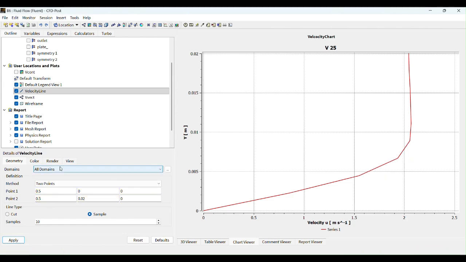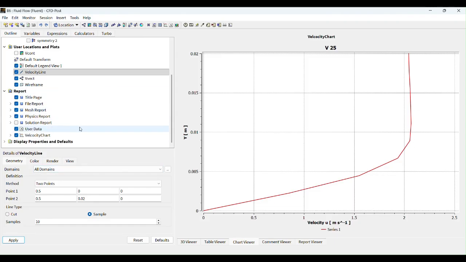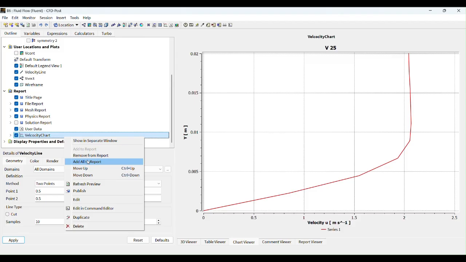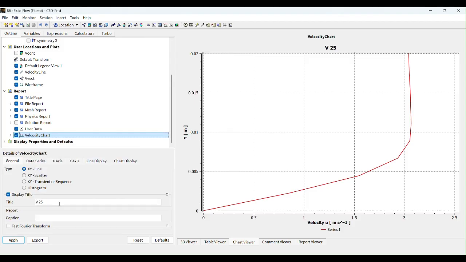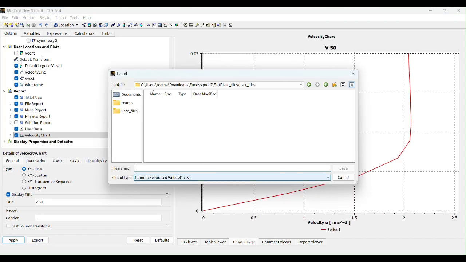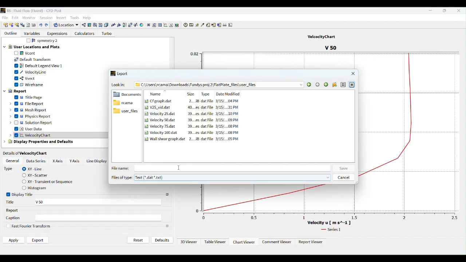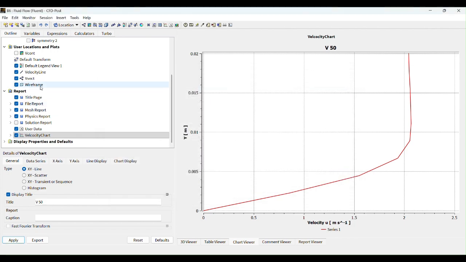and apply. And you see it's going to bump up ever so slightly. That means that the change was successful. You're going to come over here and click on the velocity chart, and you can change this to like V50, so that way you know it's 50 from the picture if you need pictures. But realistically, all that matters is that if you export it, you get the name right here. So like, I could actually paste my name and V50 vid, and then save that,